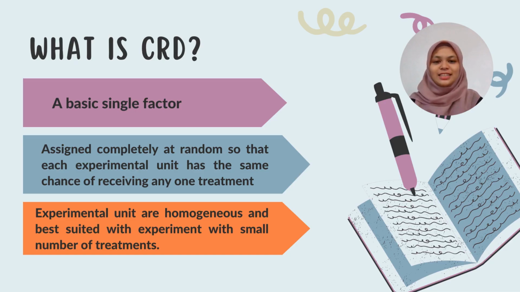So, what is CRD? CRD is a basic single factor, meaning it's an experimental design with only one independent variable or factor. CRD is also assigned completely at random so that each experimental unit has the same chance of receiving any one treatment. Next, the experimental units are homogeneous, and it is best suited for experiments with a small number